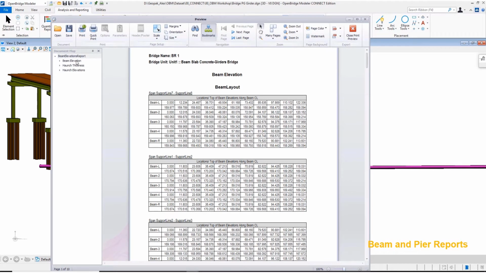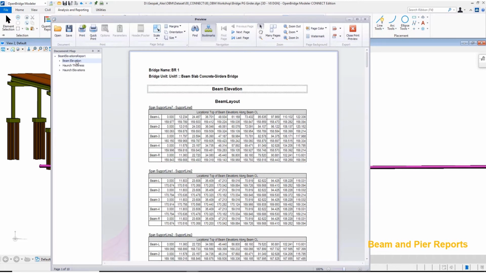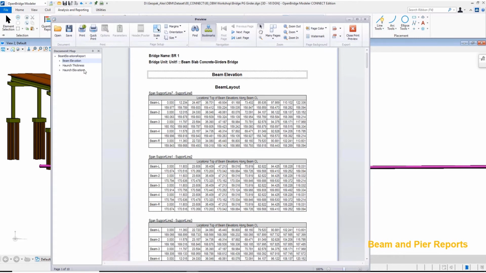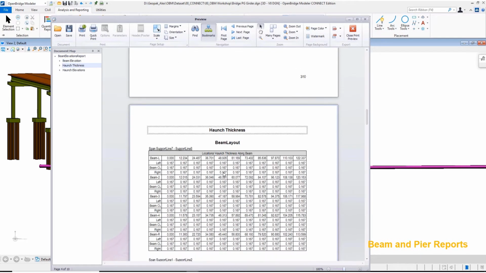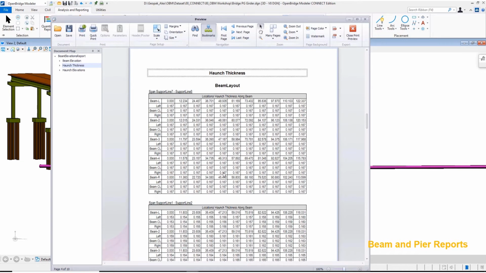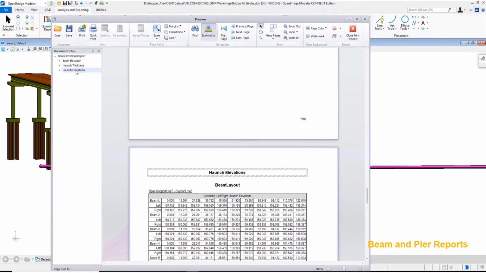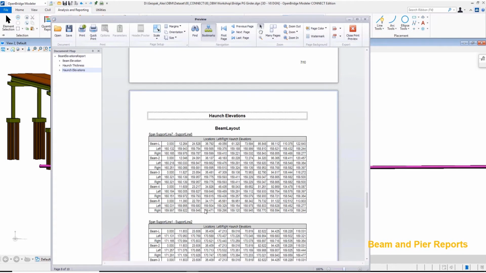Calculating every beam elevation, every hunch elevation, the hunch thicknesses of every beam. If we do this in 2D, I'm talking the old way, right? Everything was a geometric calculation. Here we're reading that information from the model directly because the model is geometrically accurate. So it's just a matter of requesting the report, as simple as it is,